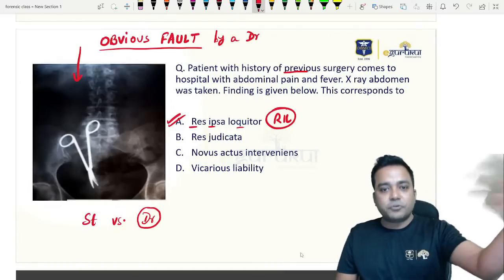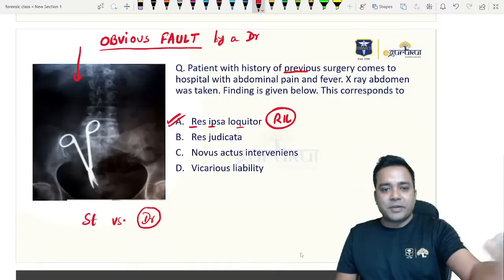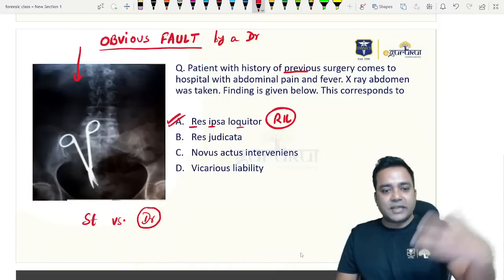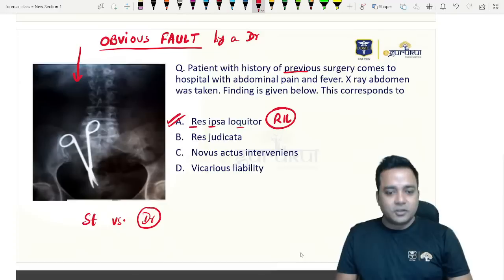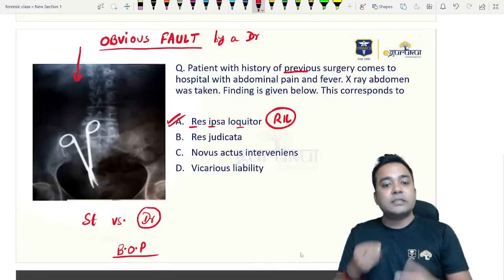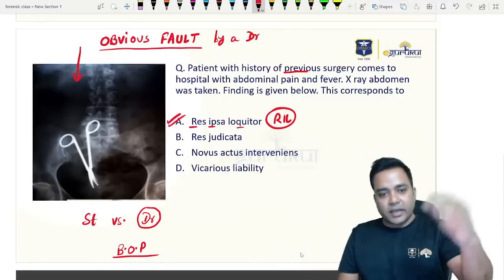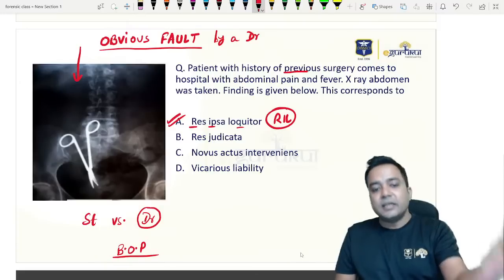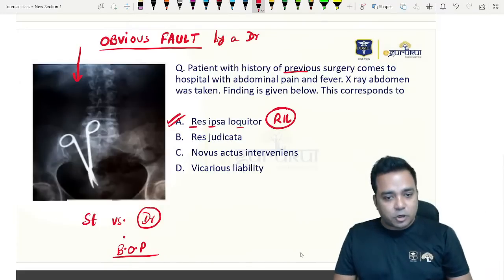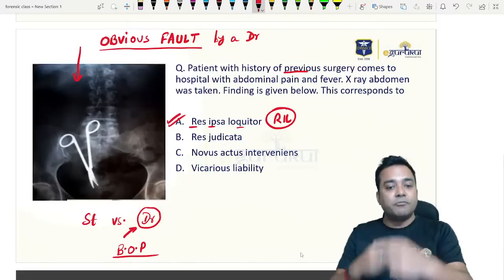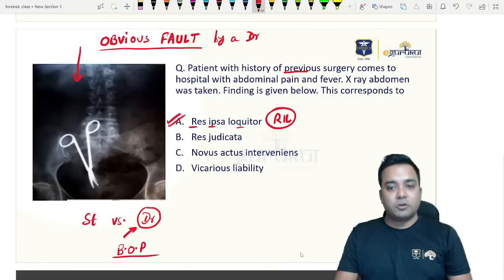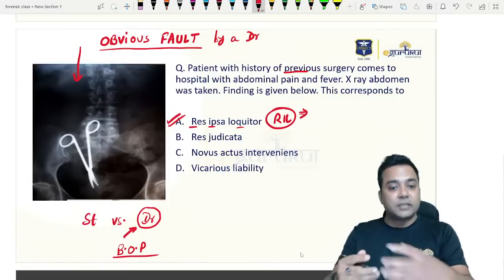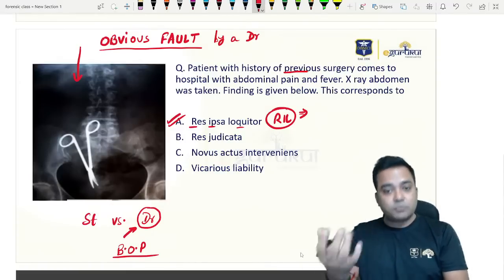Next time, future exam questions, we have to keep those in mind too. Upcoming NEET PG tentatively on 5th of March. So next time they can ask you, burden of proof regarding innocence in RIL cases lies on whom? Normally we know, as per our Indian legal system, the burden of proof lies on the victim side or the state side, representing the victim. But here the burden of proof regarding innocence will shift onto the doctor. Why? Because RIL says the facts of the case speak for the patient. This is what RIL is.